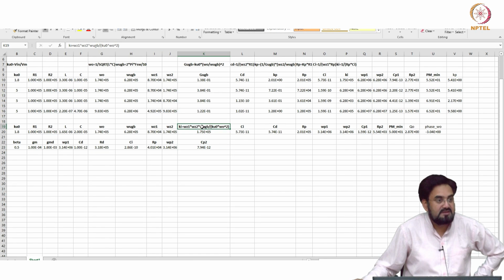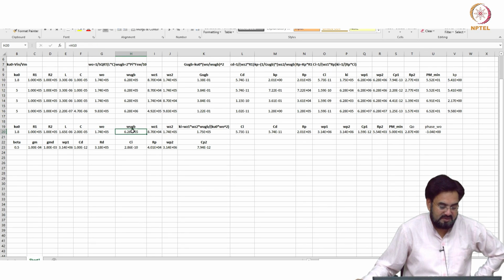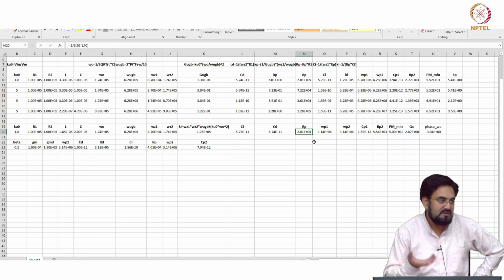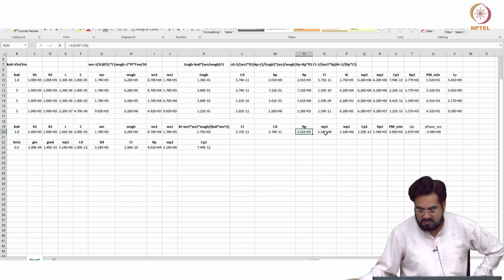So, the Ki was this, okay. Omega Z1 and omega Z2 you can already decide where you want to place. Omega naught and omega UGB will be known. The LC value will give you omega naught, and switching frequency divided by 10 will give you omega UGB. So, Ci can be calculated from there, because R1 was the feedback resistor. That was 100K, and then CD, your second zero capacitor, can be calculated, RP can be calculated based on your first zero or proportional gain.